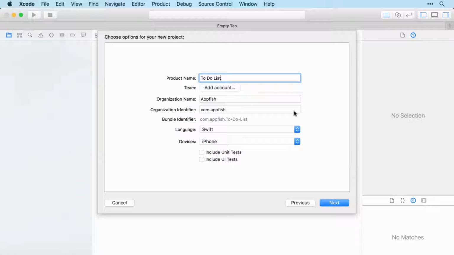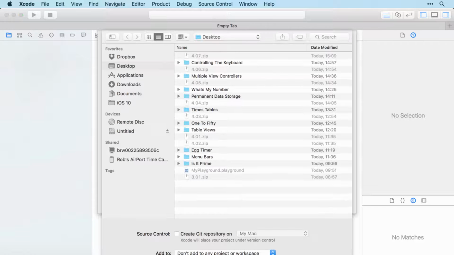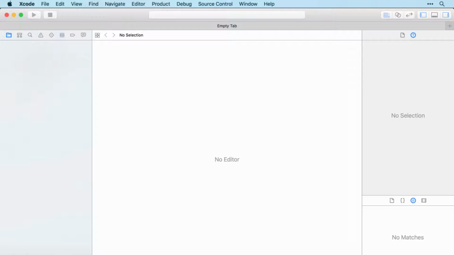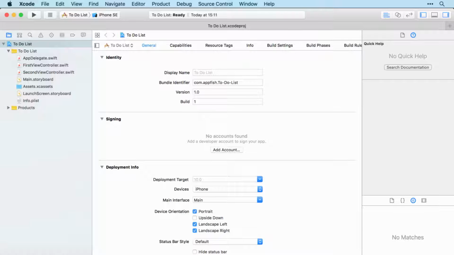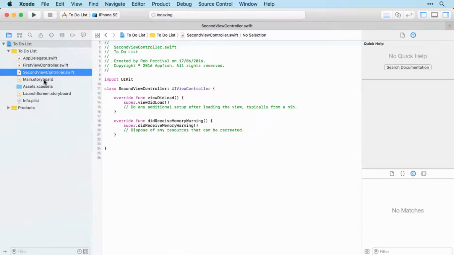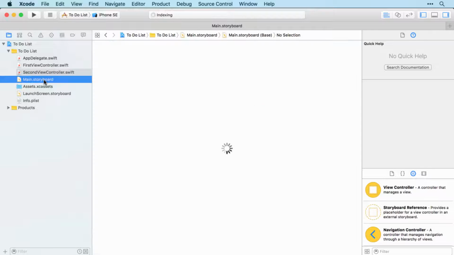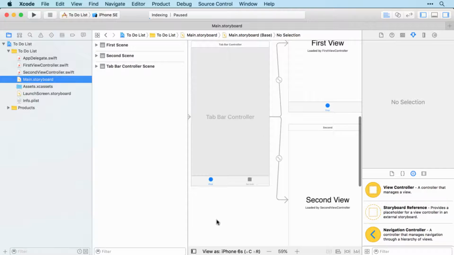to make it yourself. So I'll just call it to-do list, save it on the desktop. And the handy thing about this template is that we now have a two-view controller setup without having to do any work on our part. So having a quick look at the storyboard, we now have